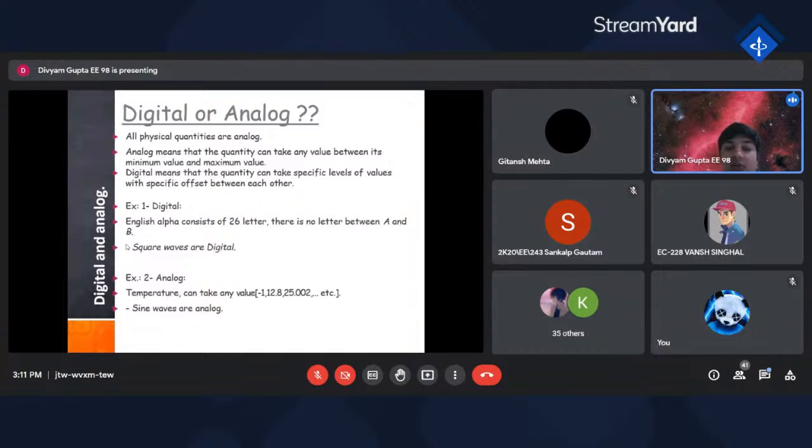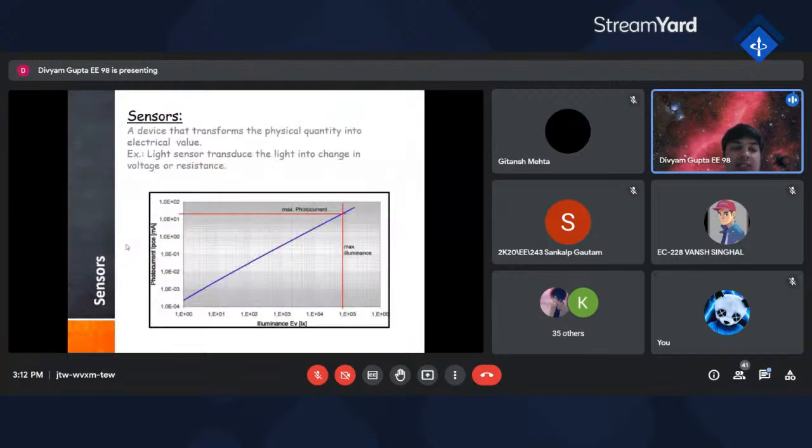It is continuous basically. You can assume also the range of temperature. And now a sensor is basically something that transforms a physical quantity into an electrical value. As you can see, in the graph of photocurrent versus illuminance, the photocurrent increases rapidly with the increasing value of illuminance.